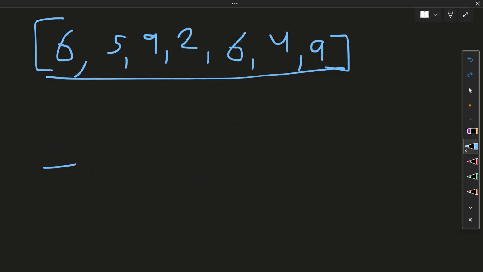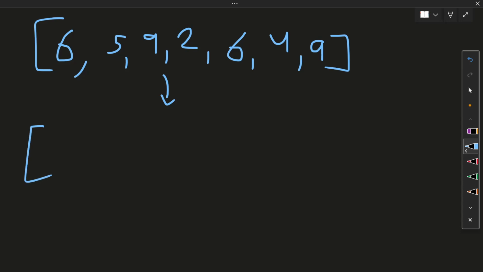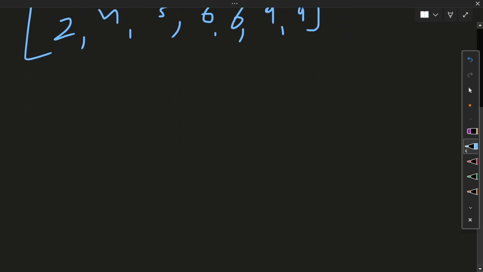For that, to create the minimum number, first we have to sort the array. After sorting, it will look like 2, 4, 5, 6, 6, 9, 9.